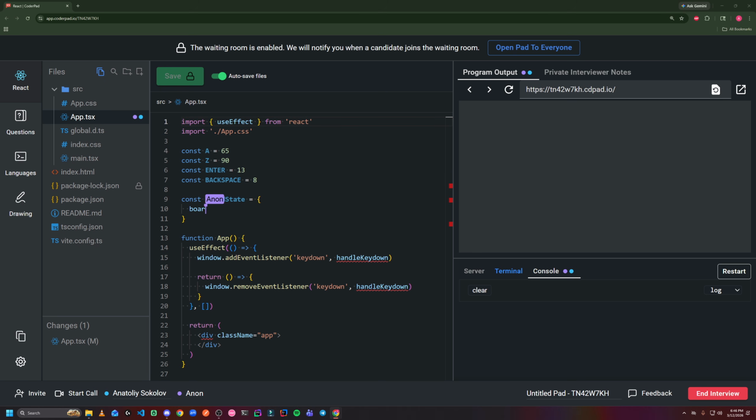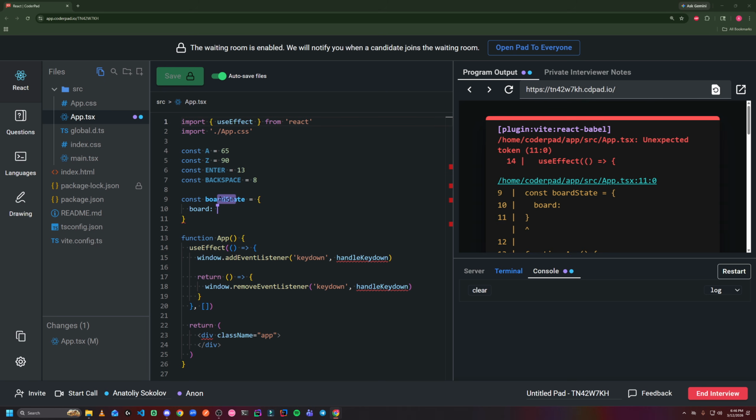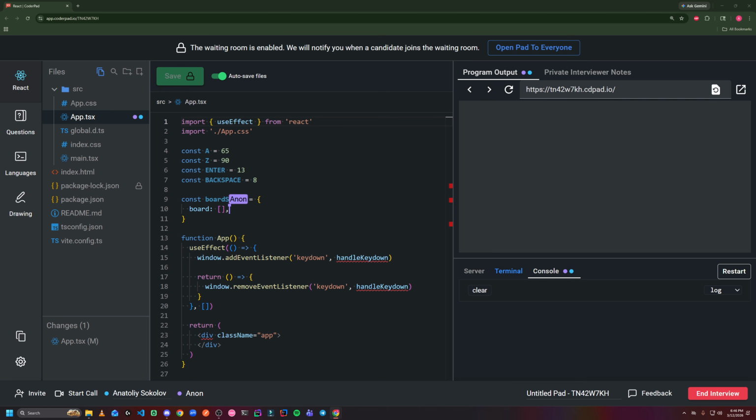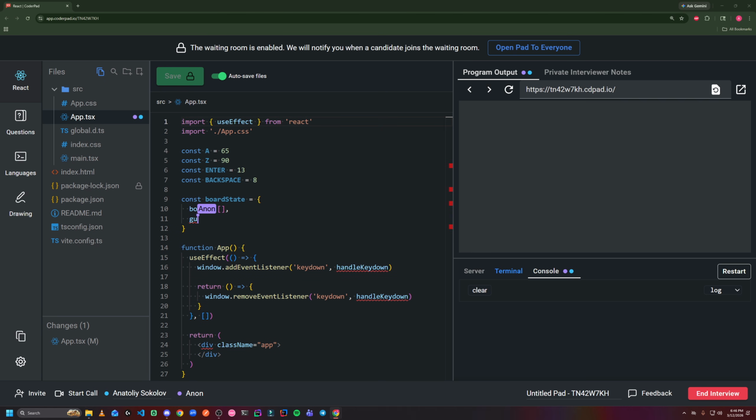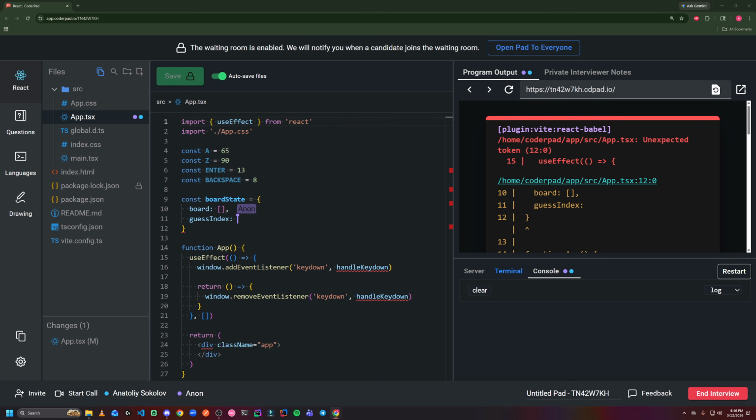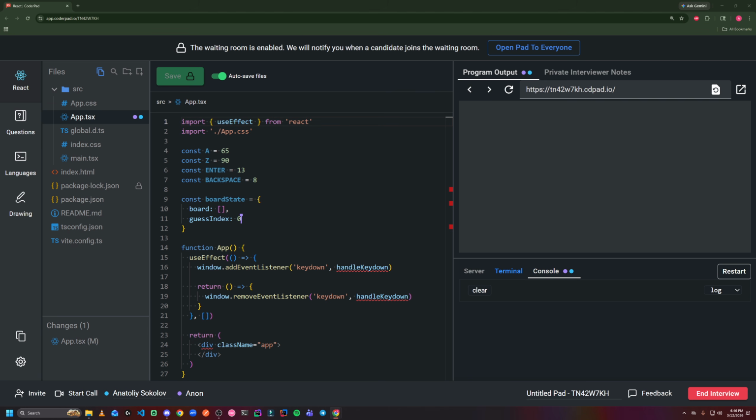So it's going to have 2 properties: the board, which is the actual 2D array, and then we'll have something called guess index, which is going to be the current guess we're on, and that will just determine which row of the board we fill with letters. Okay. So I'm going to set it to 0 for now, and then for the board we can initialize this to